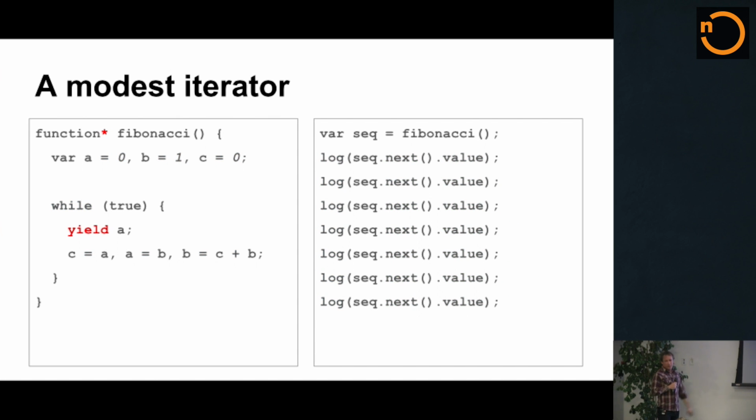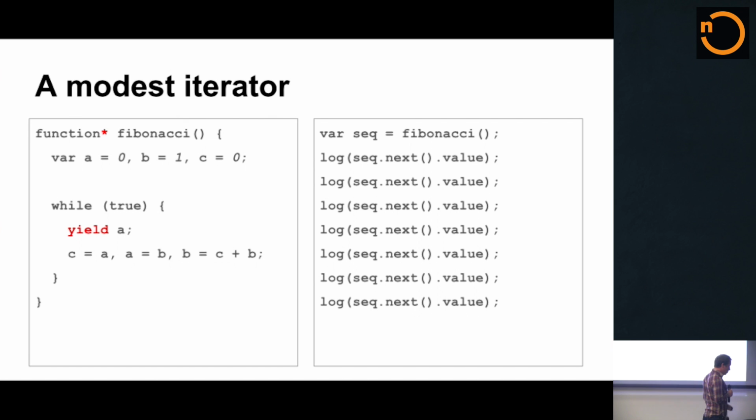First thing to note is the asterisk after function. That denotes that this function we're talking about here is a generator function, which behaves fundamentally differently than a regular function that you're used to in JavaScript. The other new word you're going to see here is yield, which can only be found inside of generator functions.